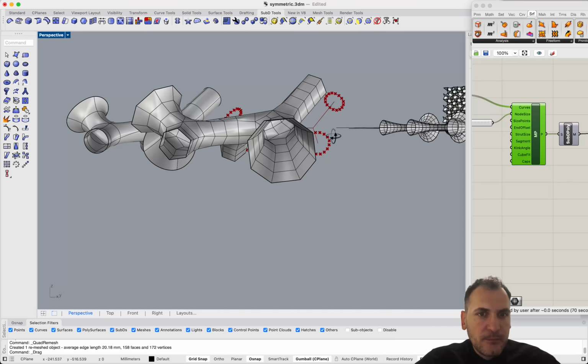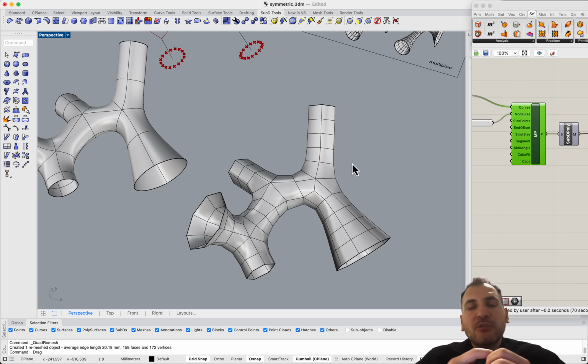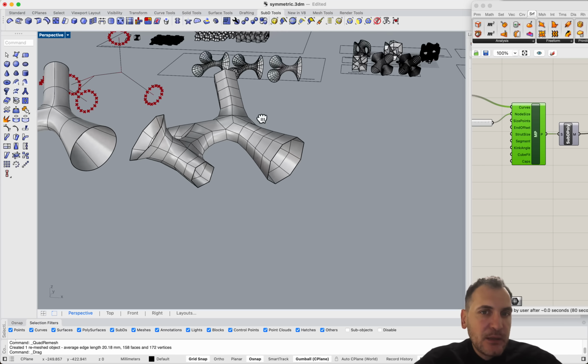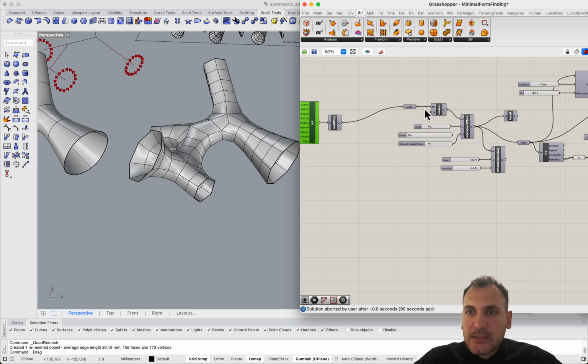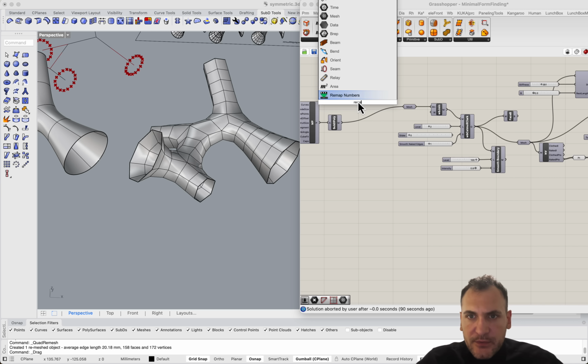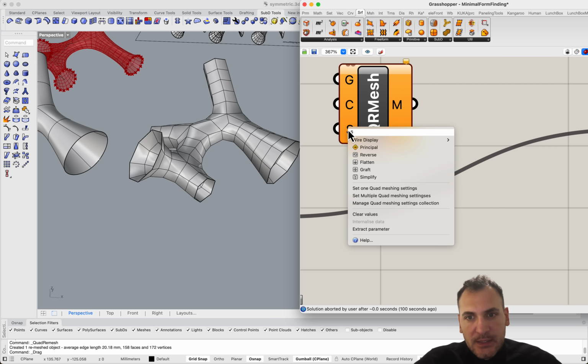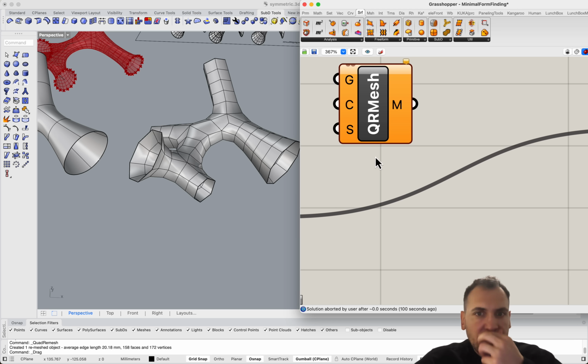Basically, when you do quad remeshing, it gives you a different resolution of the surface topology, right? But you get to control the size of the division, and this can be useful when you want to use this protocol. I'm wondering if we have the quad remesh here. We actually do. So we could do geometry, guide curves, remeshing settings. So if you do manage settings,